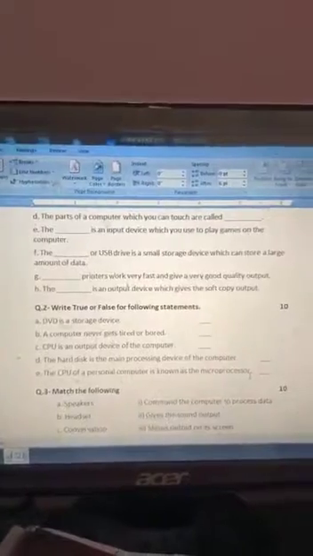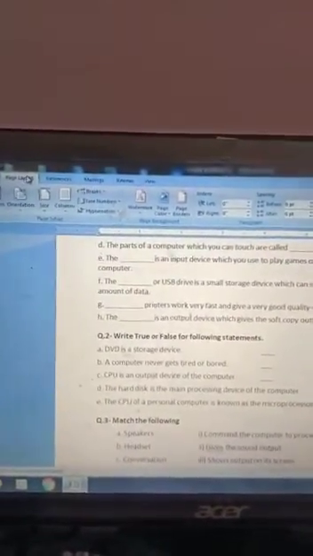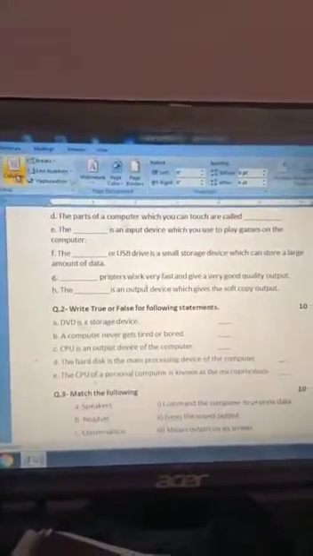So how can we change it? Put the insertion point where you want the break to appear. Select Page Layout. I have clicked Page Layout and then you have to click the Breaks command. Where is that Breaks command? Look here, this is the Breaks command, and then you click here and there are various types of breaks available.